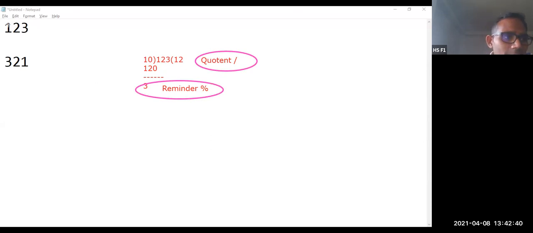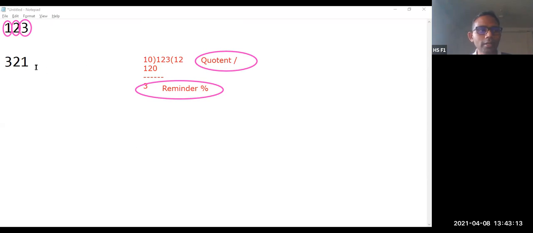So first thing what we need to do is, we need to get 3 out of 123, then we need to get 2 out of 123, provided the given number is a 3-digit number. If the given number is a 5-digit number, you have to repeat this extraction process 5 times. If it is a 2-digit number, we have to extract the digits twice. So it is uncertain how many digits may be there in a number. So what are the steps involved in extracting the digits?